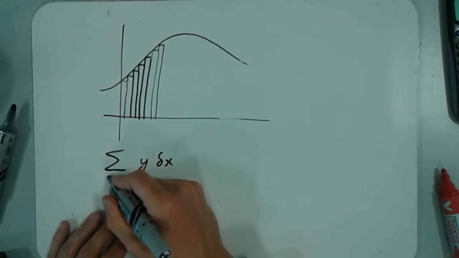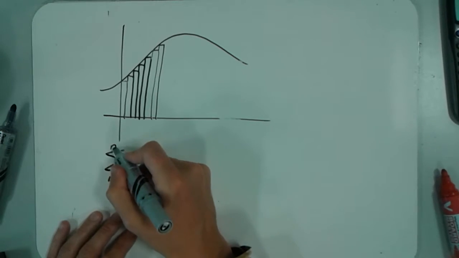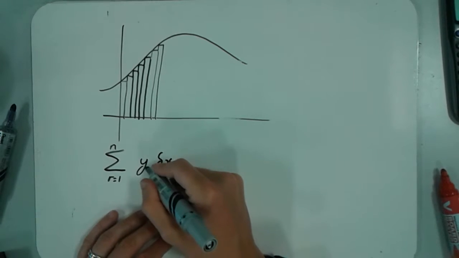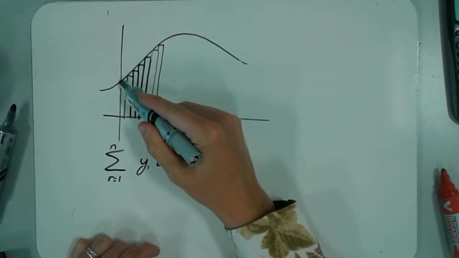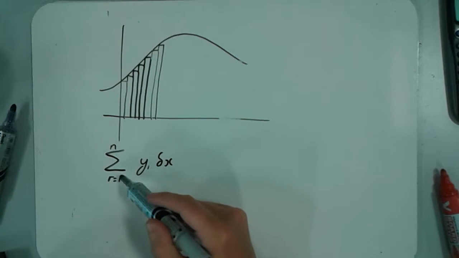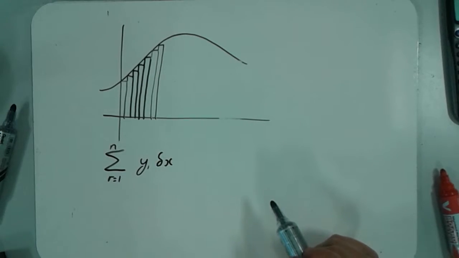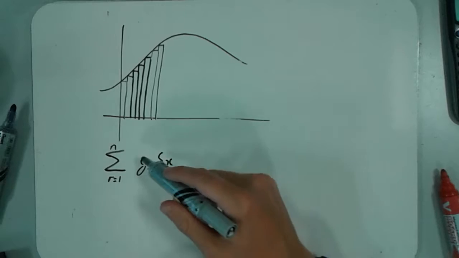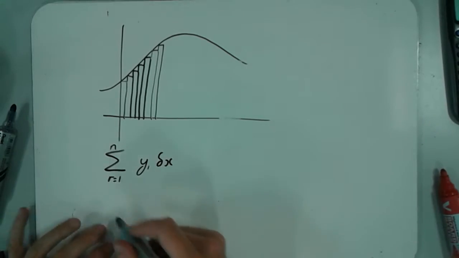If we add all of these up from when we start at 1 up to n, the number of rectangles we have, we take our y values, so we take y1, y2, y3, y4, and so on, until we've done all n of our rectangles. Then we will get an approximation to this area. Again,